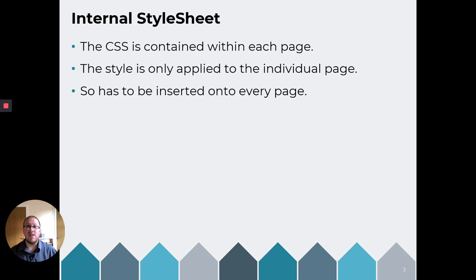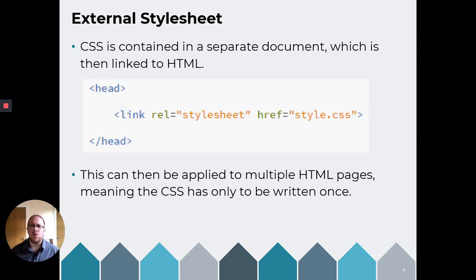So, internal CSS, the CSS is contained within each web page. The style is then only applied to that single web page. The downfall of that, as you'll see shortly, is that it has to be inserted into every page, and therefore if I want to change an aspect of the CSS, I then have to go in and change it on every single page. What we're going to look at today is something called External Style Sheets or External CSS,